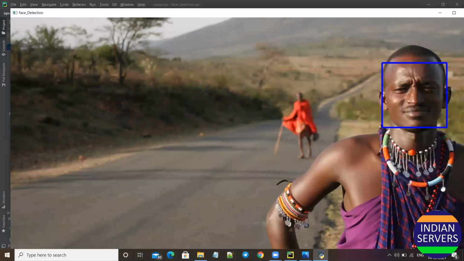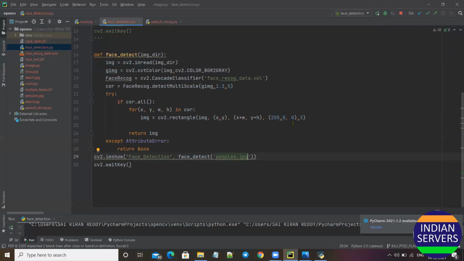It detects only one face, which has clarity. The other person's face is not clear, so it is not able to detect it.